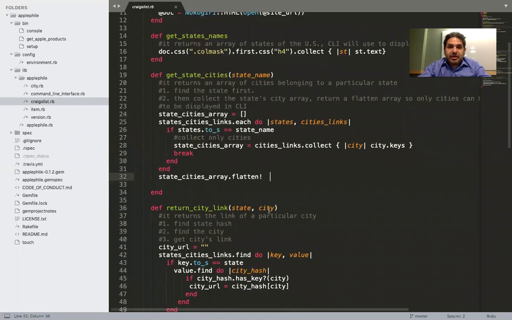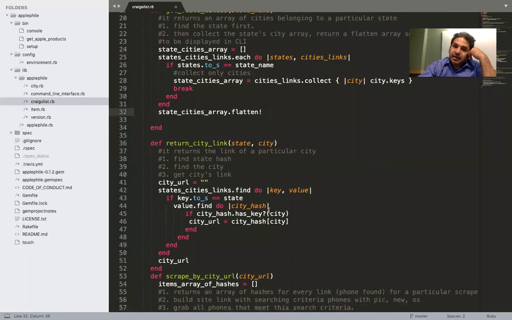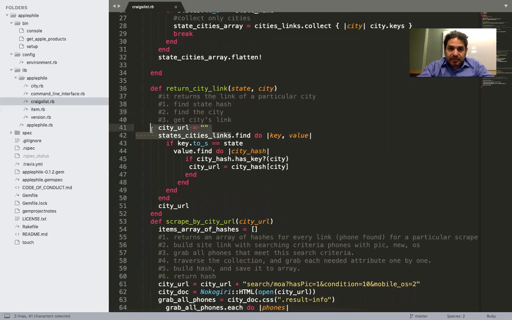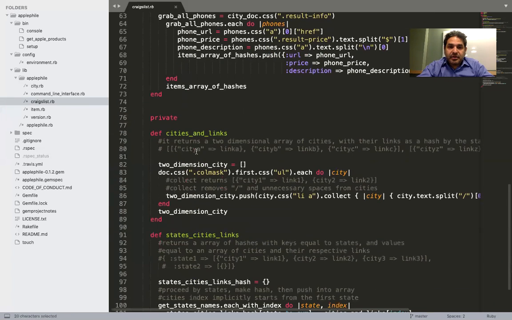The next one is going to be return city link, which has two parameters again, the state and the city. And it says return a link of a particular city, find the state. And I have a lot of notes here because as I was doing my pseudocode, I was wondering what I need to do in order to grab just the city link of this. So I have another helper function here. It's a private function called state cities, and this state city is a two-dimensional array that has